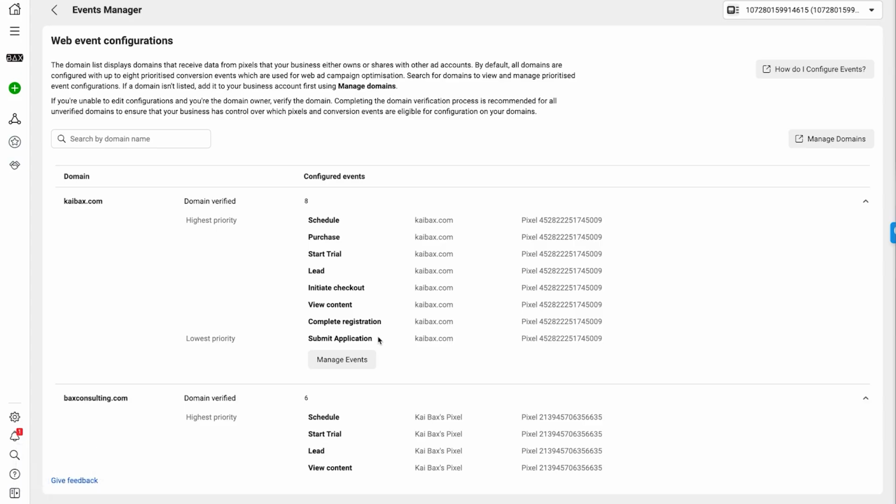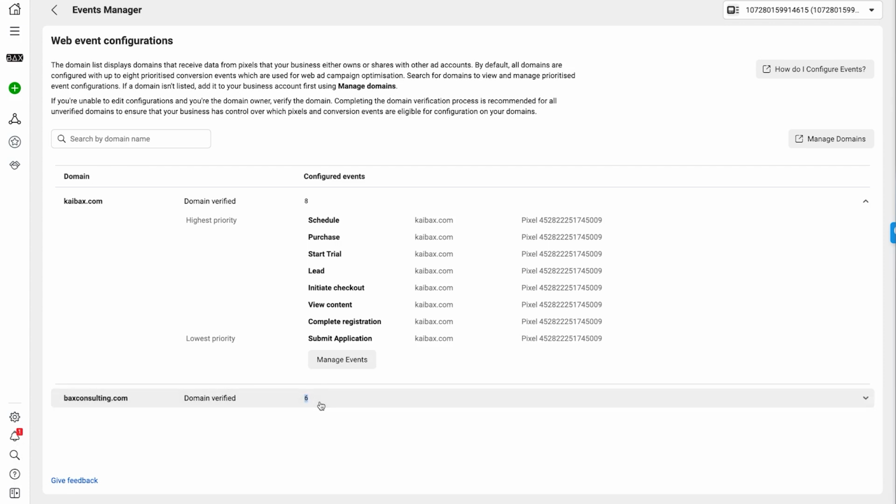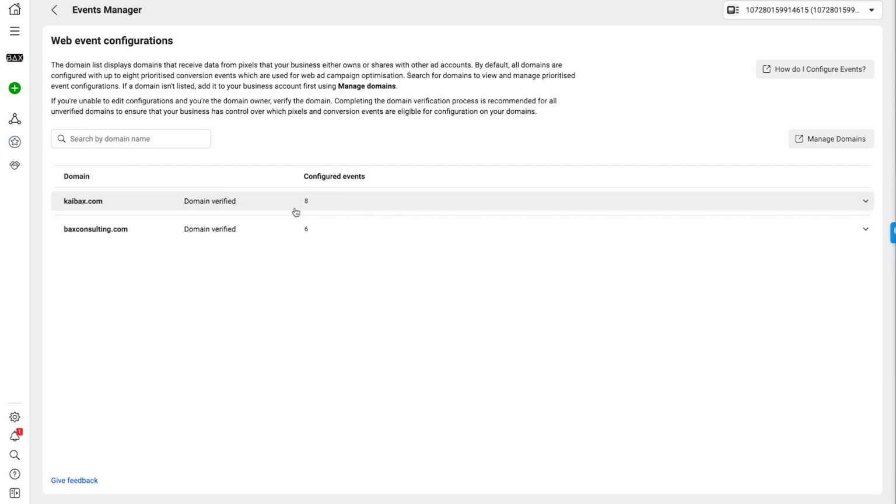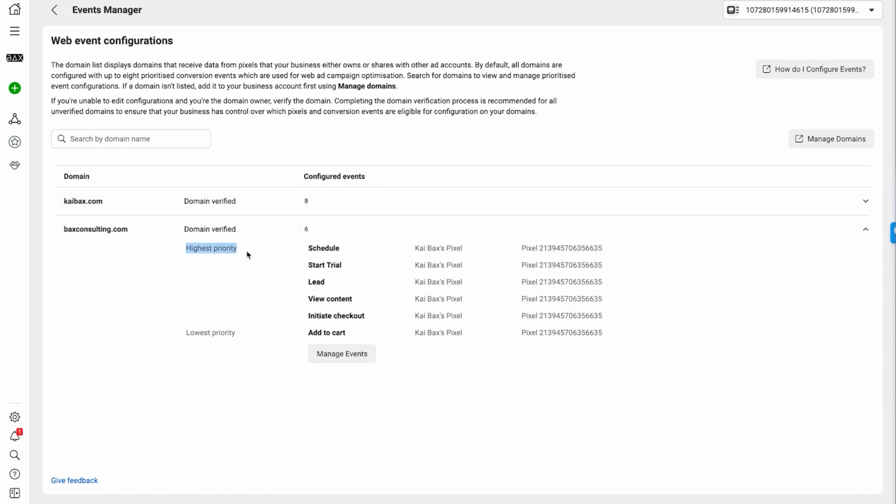You can only do 8 events, but you can see here, sometimes I don't even use all 8, right? I'm only using 6 here. In this case, I am using the 8. So that's that. Get the events configured in the priority that you think is most important. In my case, if you have an agency, this is by far the most important, okay?